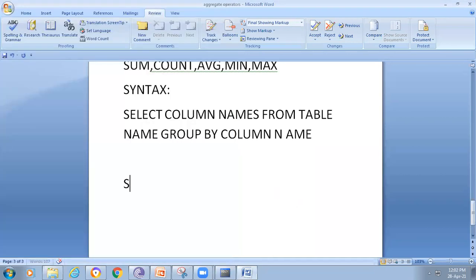So now try to display using the group by: select S name. Here you should be specifying the aggregate operator, so that's why I try to mention branch. What branches are there, and here I'm counting the branches also. First of all, specifying the branches; second, how many branches are there. According to their branch, it will be performing the count.